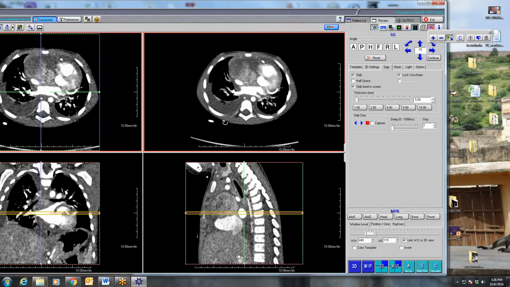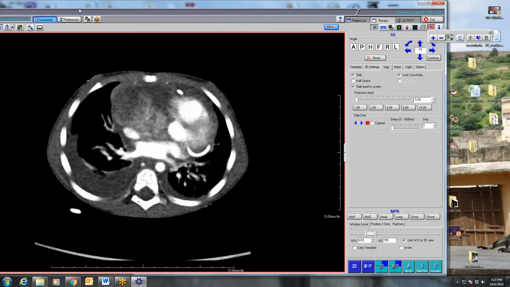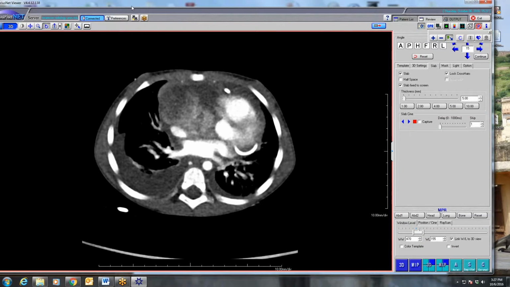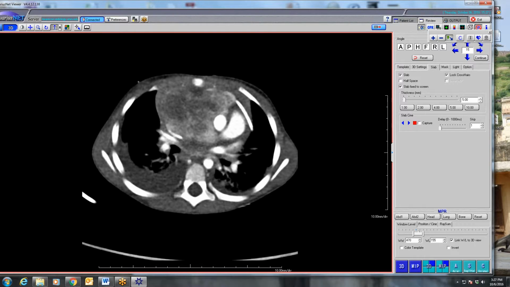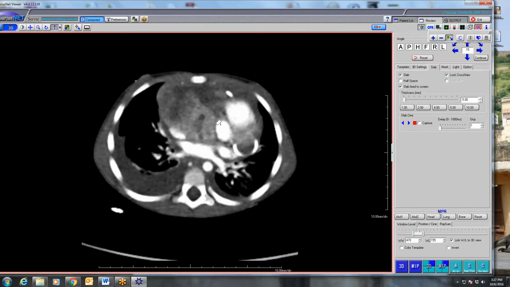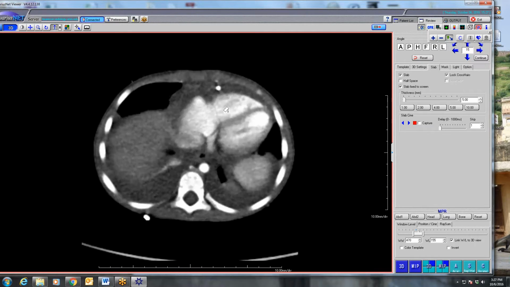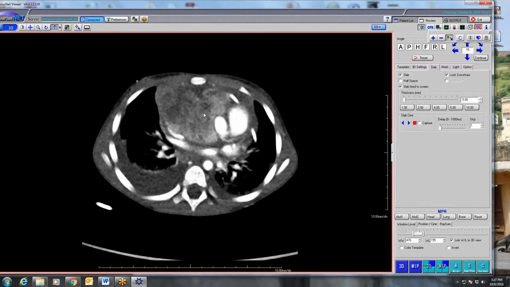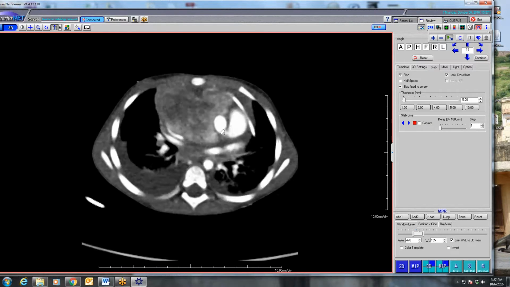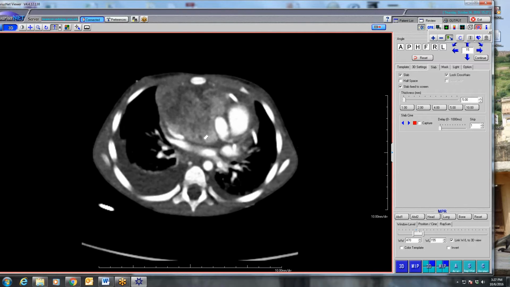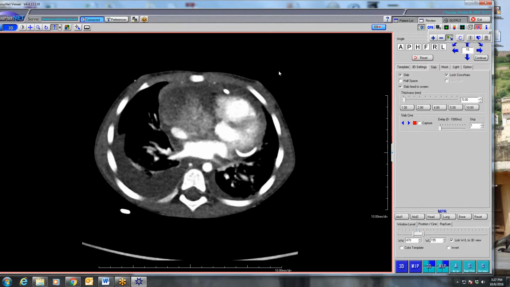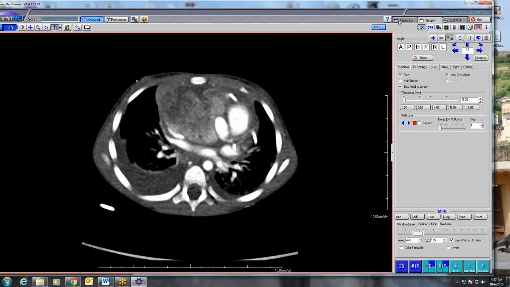So this is a young 2-year-old that came in with dyspnea, and you can see that there's this large, very large mass, intrapericardial. There is an associated large pericardial effusion. The mass is extending basically behind, narrowing the SVC, going posterior to the aorta and anterior to the left atrium. And we saw this, and the surgeon came by, and I said, well, you know,